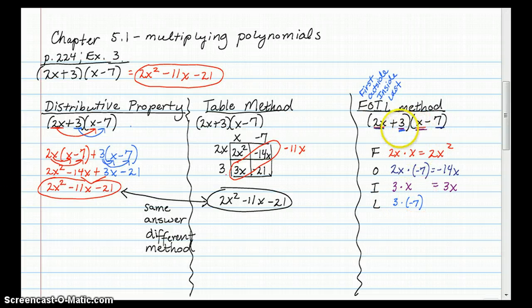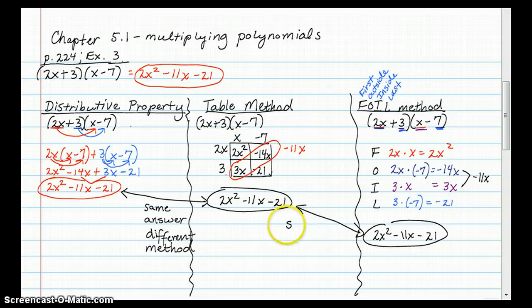So there's your last terms right here. And 3 and negative 7 equals negative 21. Once again, you can see that these two are like terms. Negative 14x and 3x is negative 11x. Then you just simply write your answer. We've got 2x squared, negative 11x minus 21. Again, same answer,